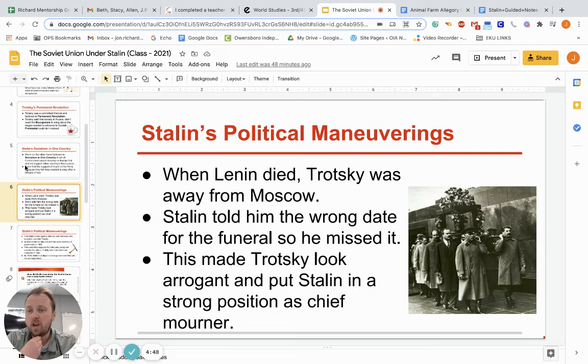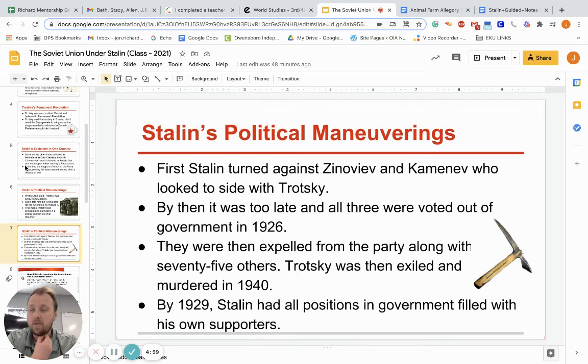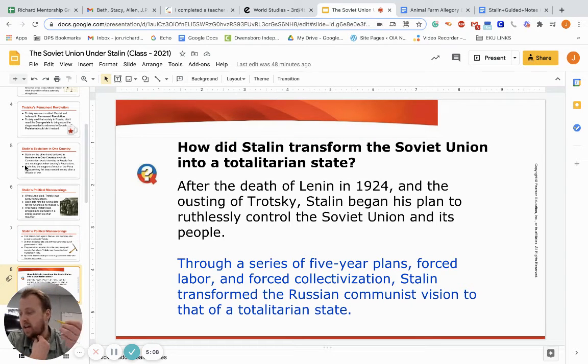So your notes are going to start on this slide at the top where it says Stalin's political maneuvering. Now, these first couple, I'll say this real quick, I'm not going to go over these because you're just going to read and fill out these notes. These first couple of slides are very straightforward. You fill in the blanks. After Stalin's political maneuvering, this becomes more of a read the slide and piece together the notes. This is like real note taking, where you're summarizing some of the things. For the first one, for example, it says how Stalin transformed the Soviet Union into a totalitarian state. We see our question at the top, and then we take this and